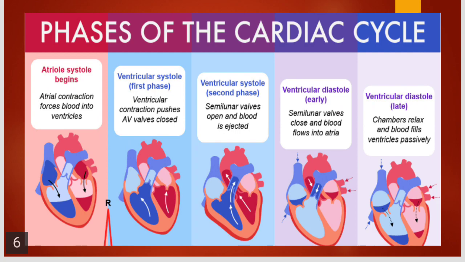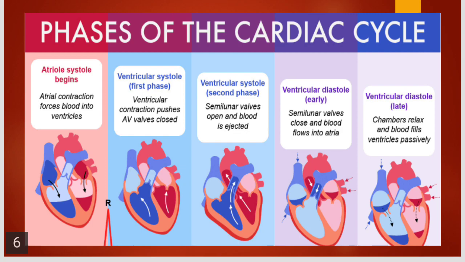Here you have to remember this difference: what happens in systole and what happens in diastole. The blood pressure is high in the systole phase and less in the diastole phase, because diastole is a resting phase, a relaxation phase, whereas systole is a contraction phase and active phase. The pressure is more. You must have heard people talking about blood pressure 120/80. That 120 is systole and 80 is diastole, relaxation.